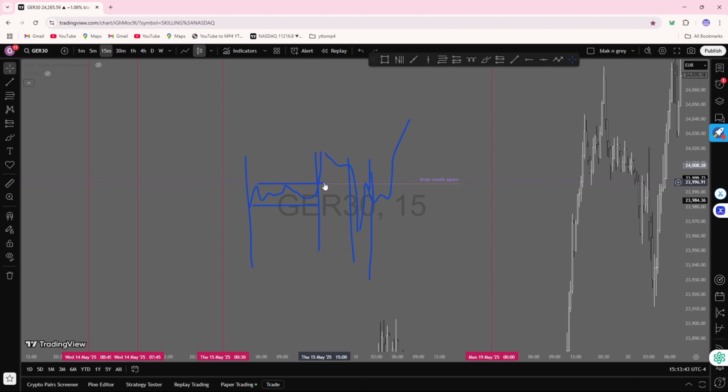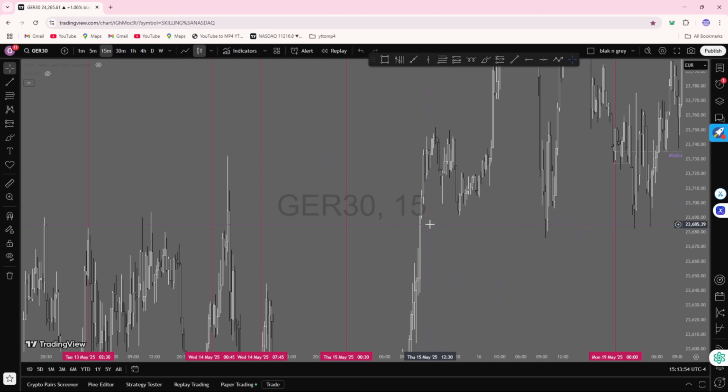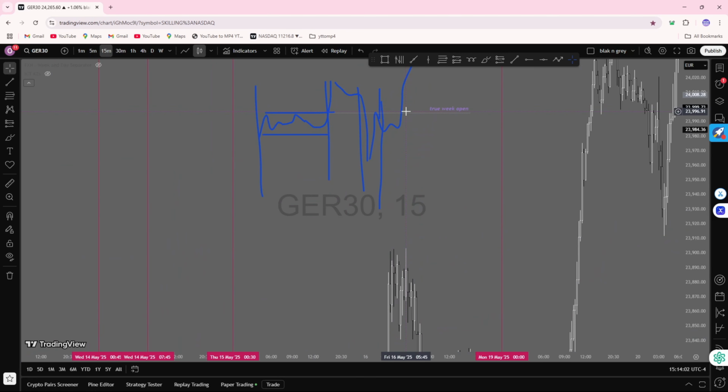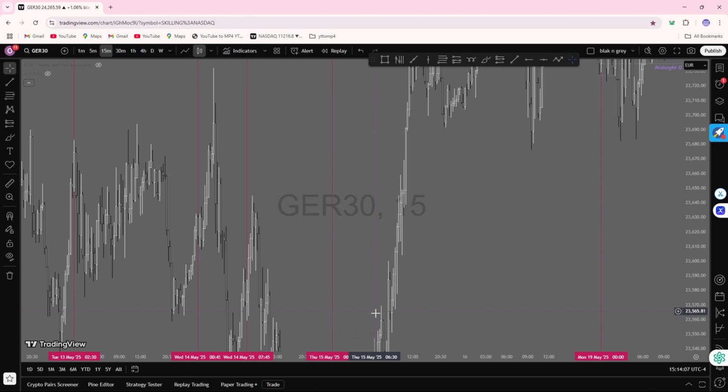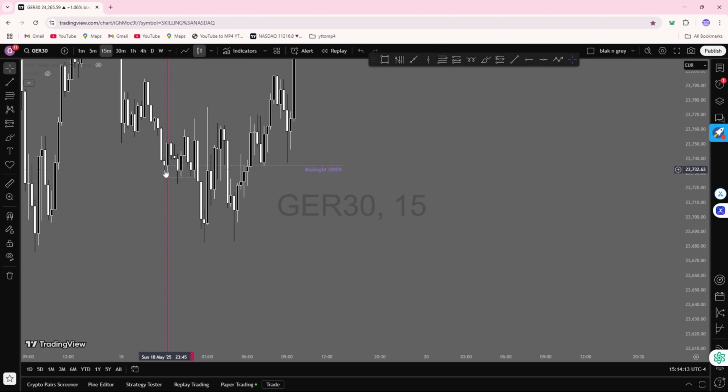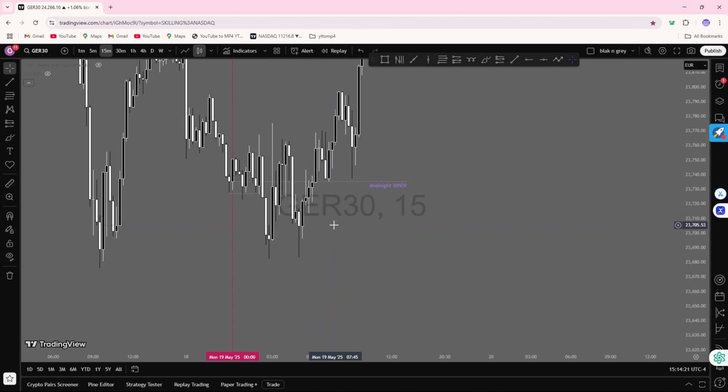So let's say we're above this true week open, we're going to be looking for sells, and if we're below it, we're going to be looking for buys. And then you can still do the same thing and go to the true day open, which is going to be the midnight open. So basically, so you don't get confused, the true day open is basically the midnight open, and then the true week open is the true week open. There's nothing else to it. And then the true month open stays the true month open. So the midnight open is going to be at 12:00 midnight. But that's pretty much it, bro. I don't think there's much to it, but